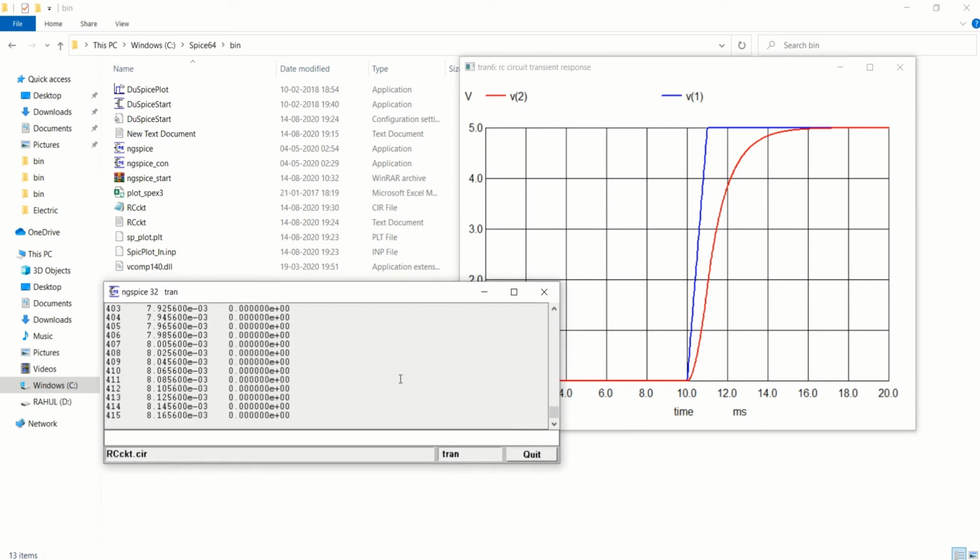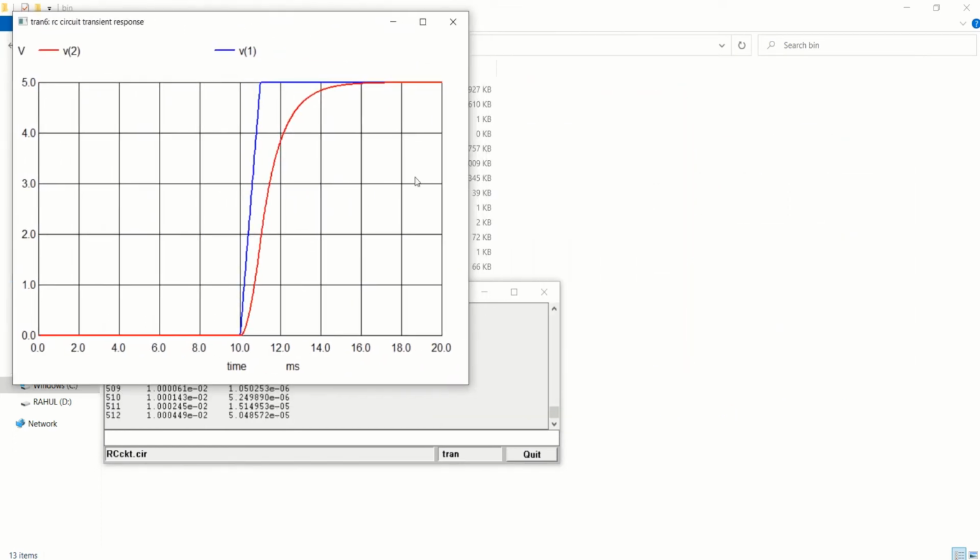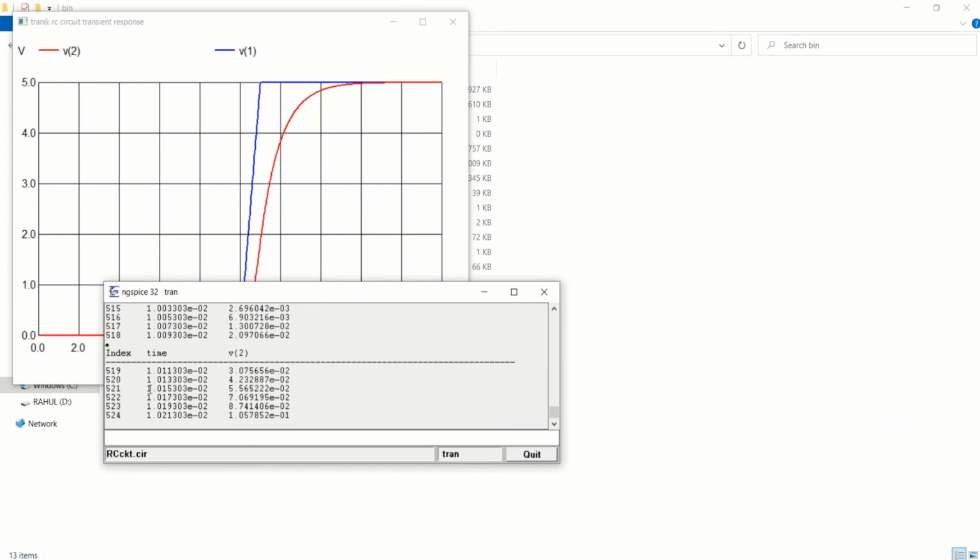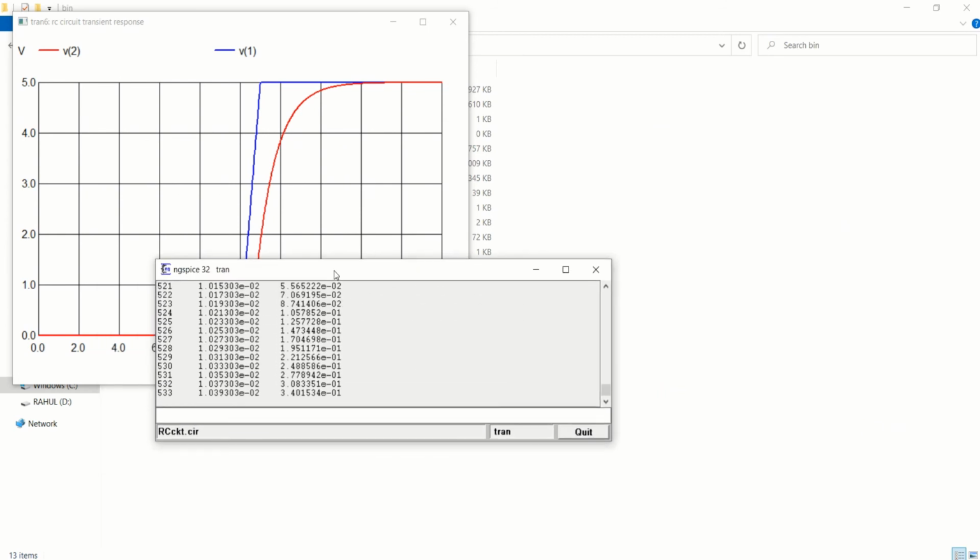That data can be used anywhere for plotting. By using your Excel, you can plot that. Wait till I complete this. So you can see all the results here, how it is executing. Till now it has executed up to 537.